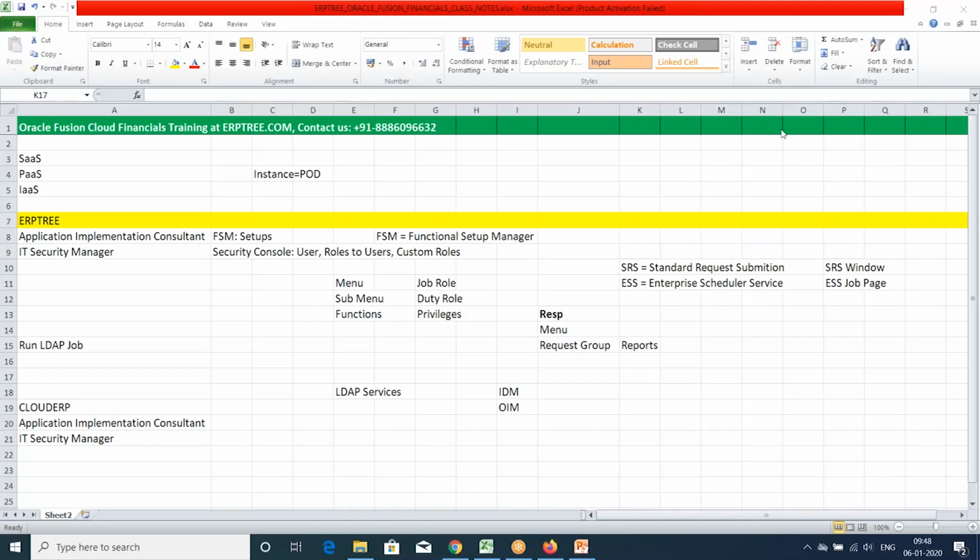If they have many customizations, then they cannot plan for SaaS. They may plan for PaaS only. Customers who want to move from EBS to Fusion have to go with re-implementation only. There is no upgrade practice possible from EBS to cloud. Since they have a good amount of customizations, they have to go with PaaS only.